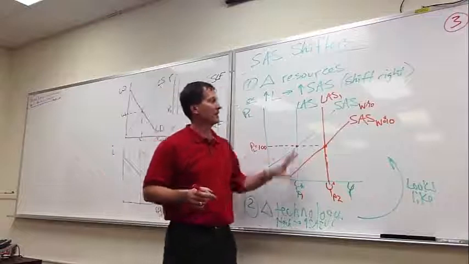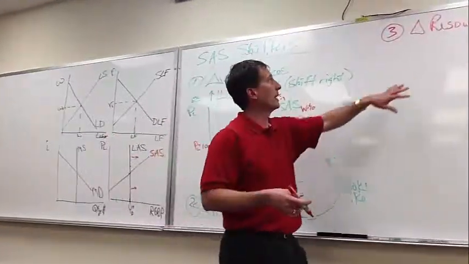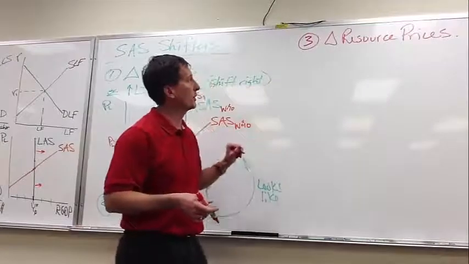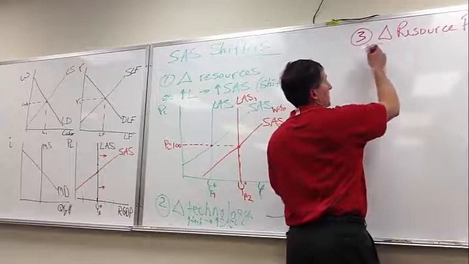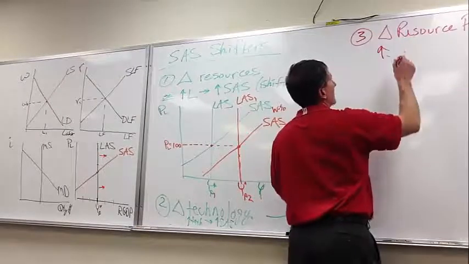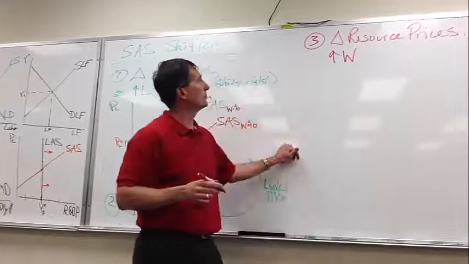Well, I'm isolating it just down to short run aggregate supply. So now I'm going to free that up. And it's going to be something that'll shift the short run aggregate supply curve. So a change in resource prices. If there's an increase in wages, for instance,